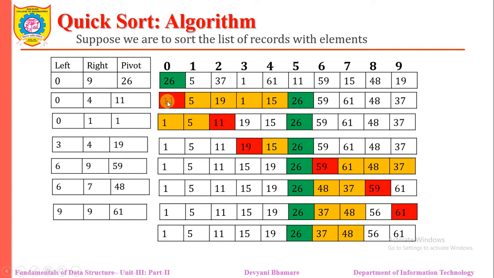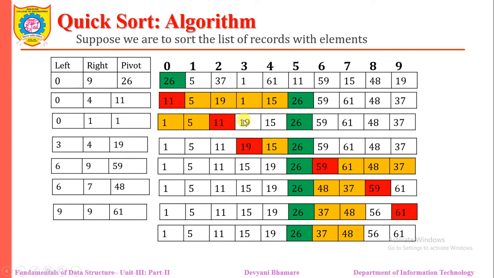So here 11 was the pivot element. Then 11 is in its proper place, and the sub array from 0 to 4 is again divided into two portions, 0, 1 and 3, 4, because 11, the pivot, will be in its proper place. Then we need to take this sublist. In that sublist the elements are sorted. That's why we have completed this part.